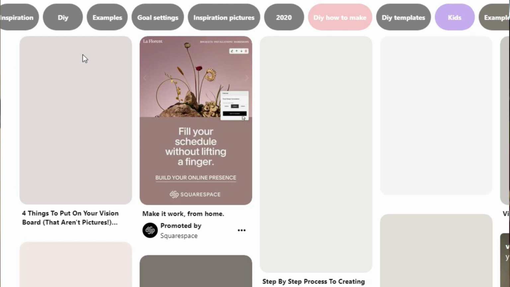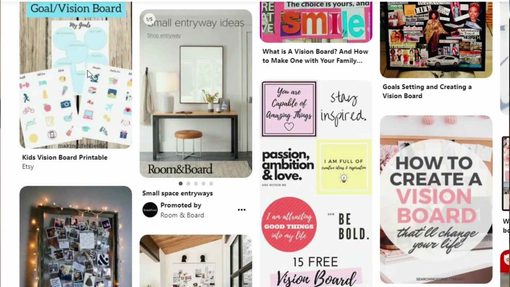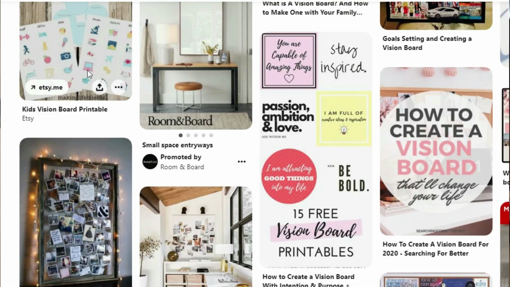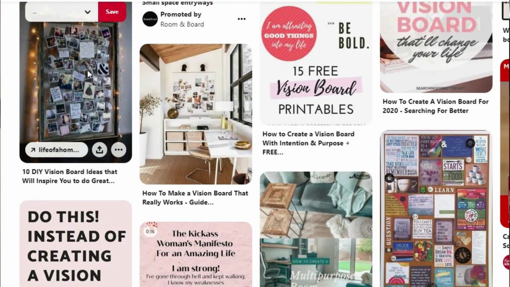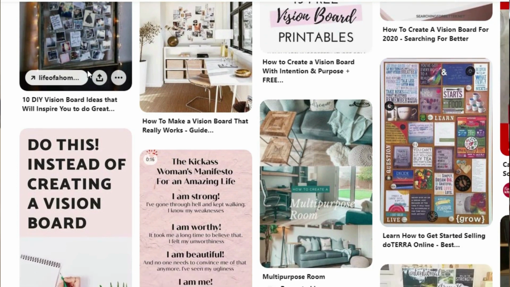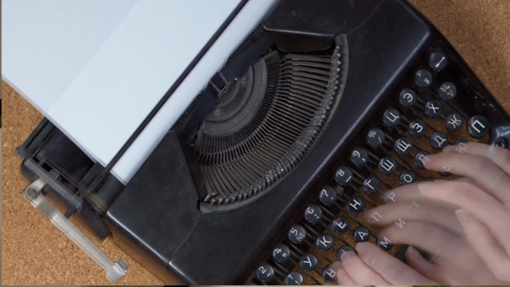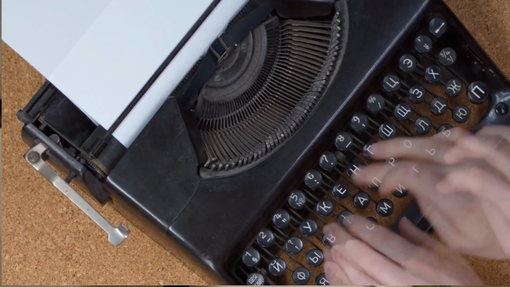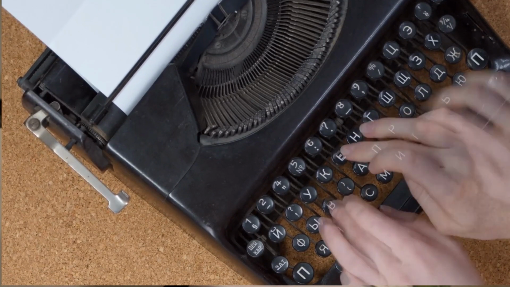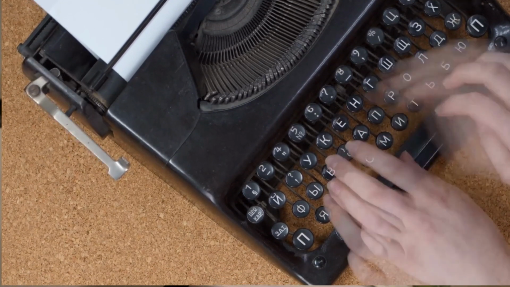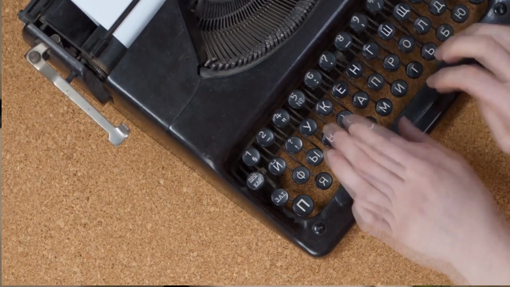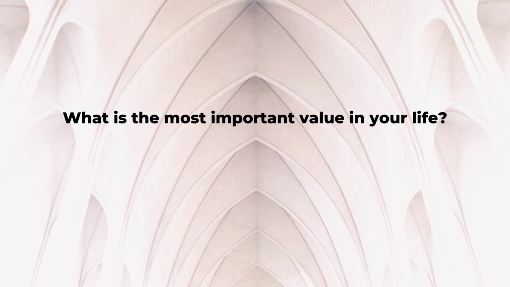And that's one purpose of the vision board. You want to see your vision board frequently so you can get motivated and stay on track. And if you like to draw or write, it's a good chance to create your own picture, drawing, and handwriting. When you are doing something with your hand, it's usually more powerful than just a magazine cutout or other people's creation. The first step of creating a vision board is to ask yourself what's the most important value for you.